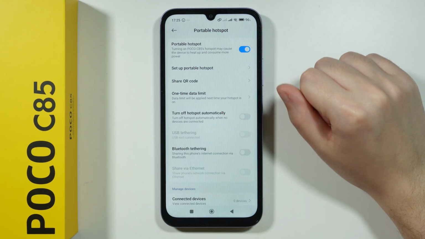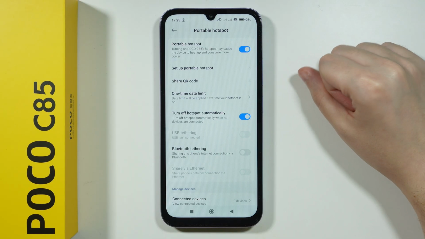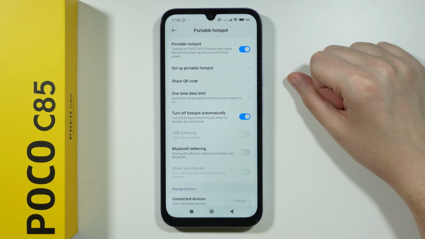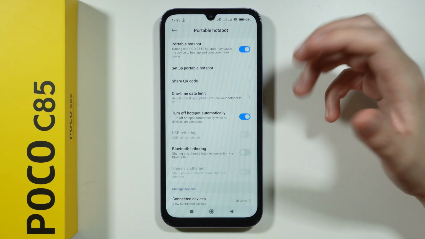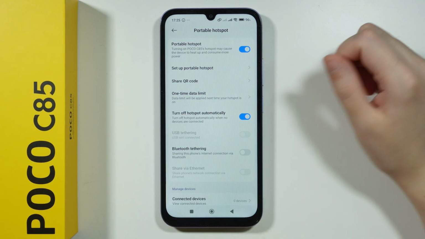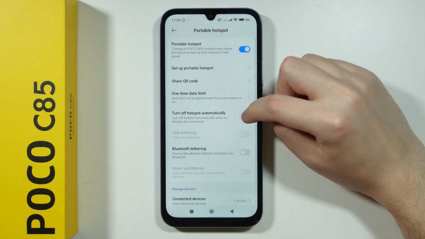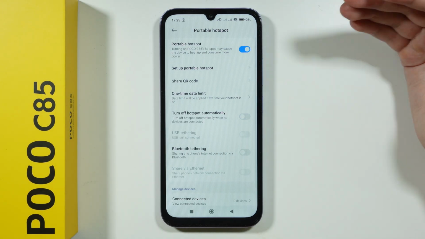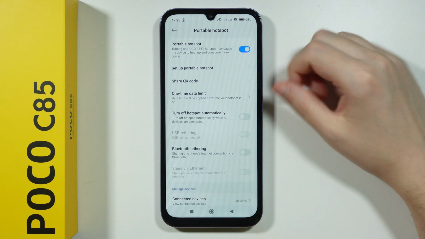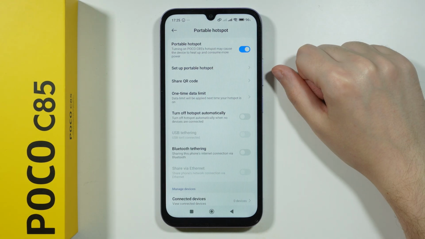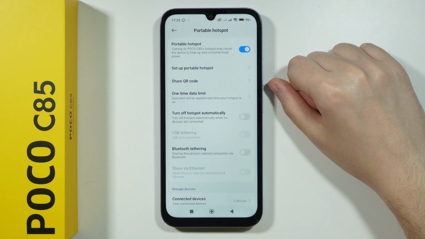So there's this option, turn off hotspot automatically. Technically, it works only when no device is connected. So if you want your hotspot to still be on, even though there might be no connection from other devices, maybe other devices are not connected to your hotspot yet, you can of course disable this option so you can then manually enable and disable your hotspot as you wish. And that is essentially everything that we can do in order to try to solve issues with the hotspot on